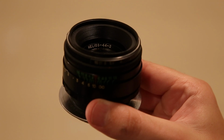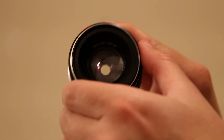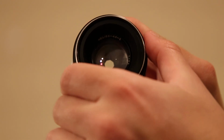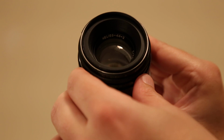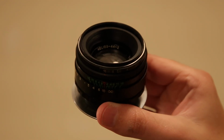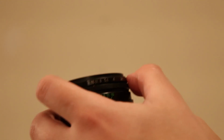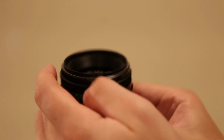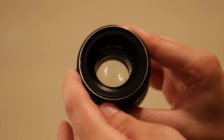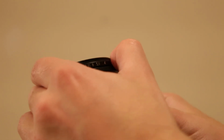And it's well known for its pretty swirly bokeh, and this secondary aperture mechanism, which is really useful for filmmakers, because this is smooth and there's a second mechanism to set the primary aperture. So how it was meant to be used is you see that it's set to 16 right now, but this is very clearly not 16, this is clearly its widest f2. So the idea was that you would set